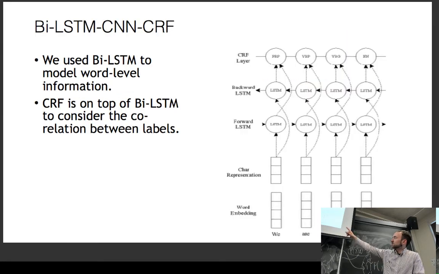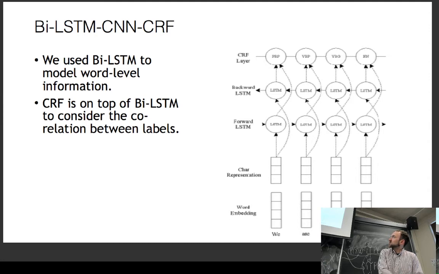And then this character representation is concatenated with a word embedding. So one thing you should know about character representations, if you want to use them in your models, is often they're not adequate on their own. Often they're not enough to efficiently express words. So it's most effective when you use them in combination with word embeddings. The word embeddings capture the information about your high frequency words, and the character representations help when you don't have enough training data for your word embeddings. This is especially important for something like named entity recognition, where the low frequency phenomena are the ones that really matter because they tend to be entities.